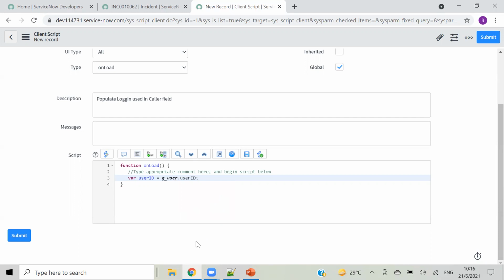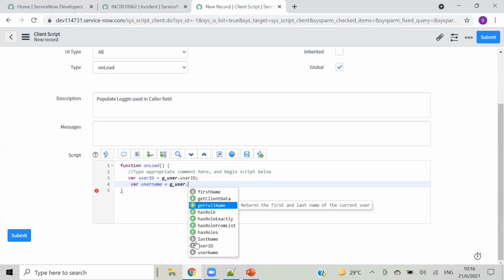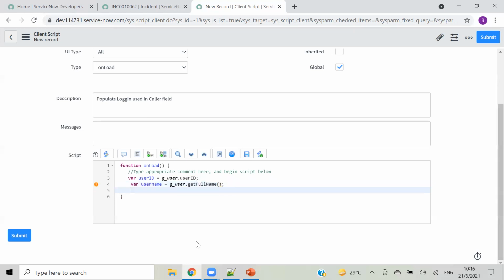Then var userName is equal to g_user.getFullName. So here I will get the sys ID, here I will get his name, that is System Administrator. So now I have to set, right?